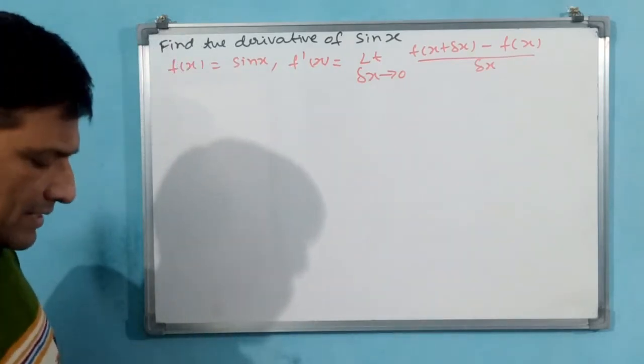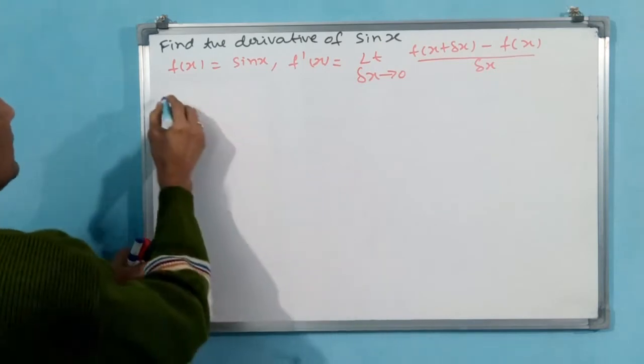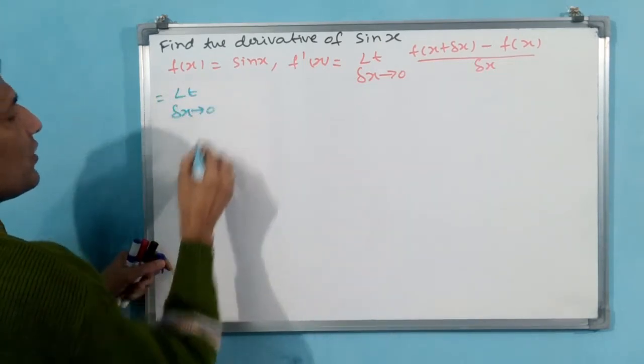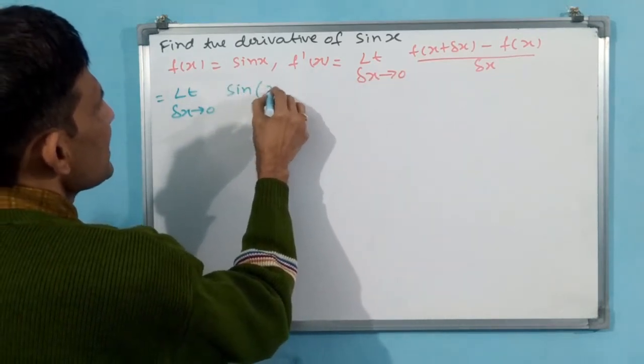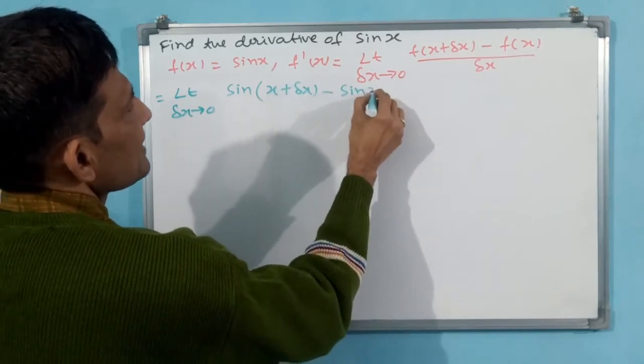Then that is equal to limit delta x tends to 0, f of x plus delta x means, you see how I am writing, sin x plus delta x minus sin x